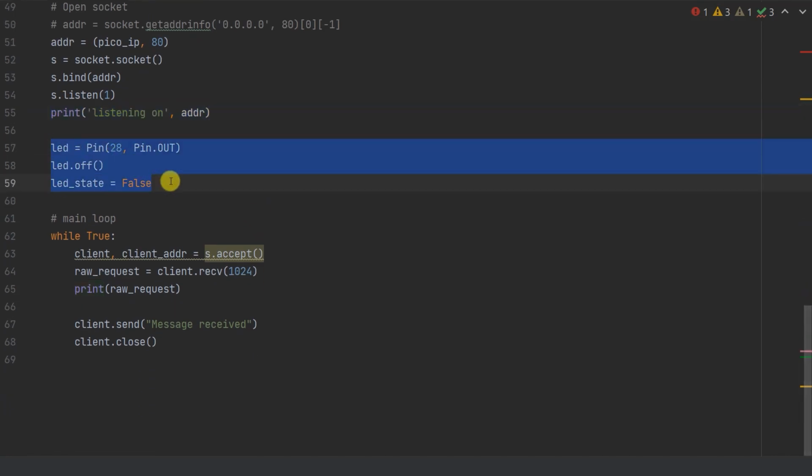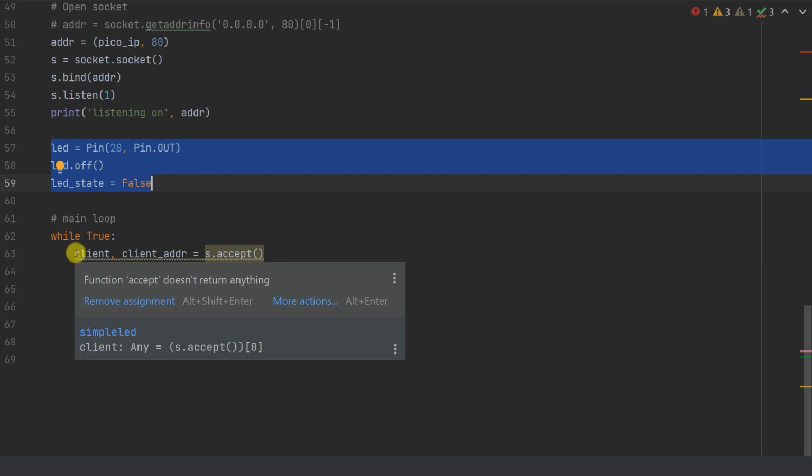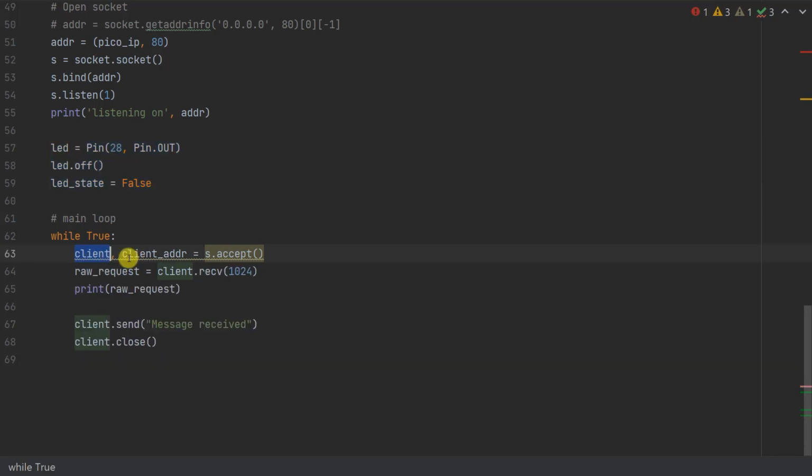So this bit here is starting to set up the control of our LED, but for now we're not going to work with that. We're just going to try and make sure that we can actually get some request data coming through from our mobile phone. So we're going to do a forever loop here. And we're basically going to say that we want to set up a client and